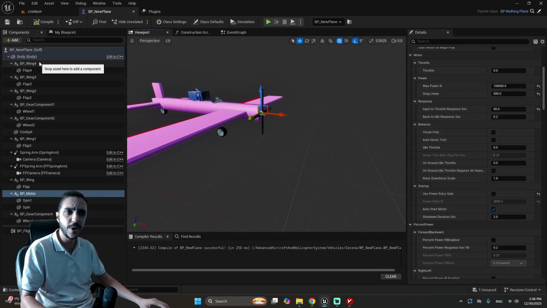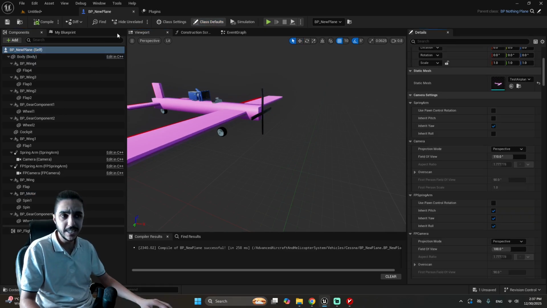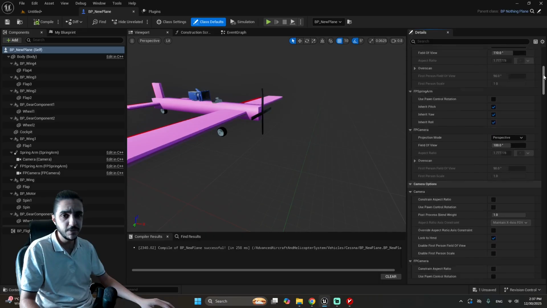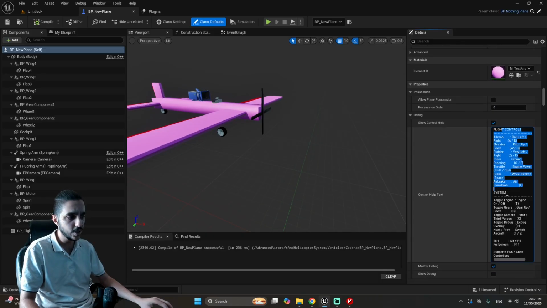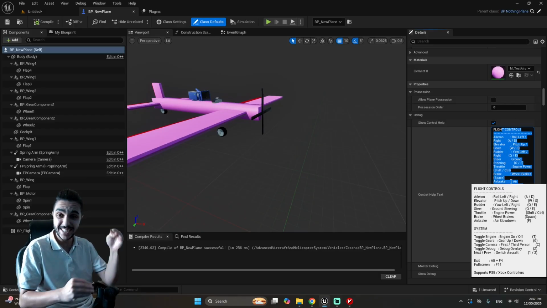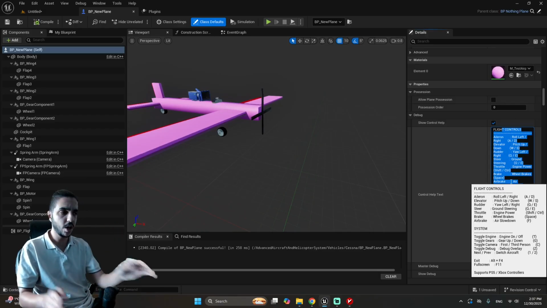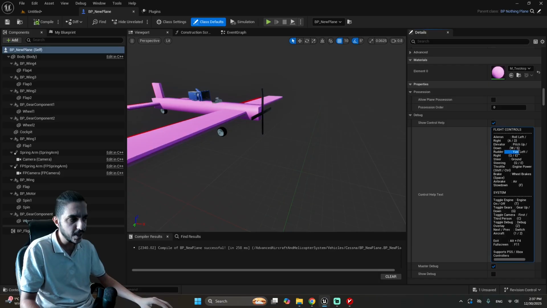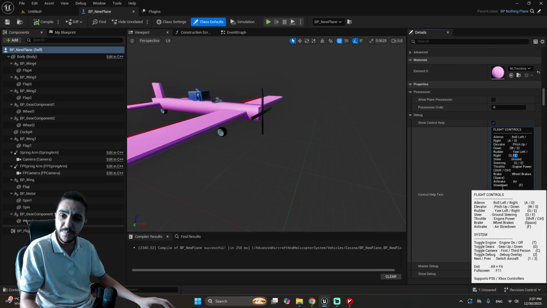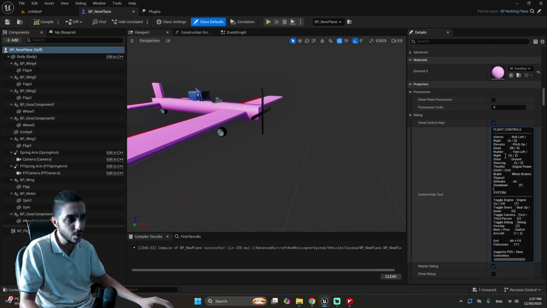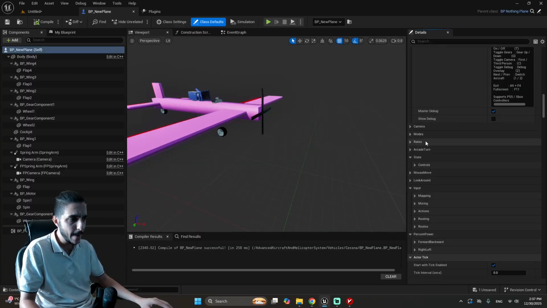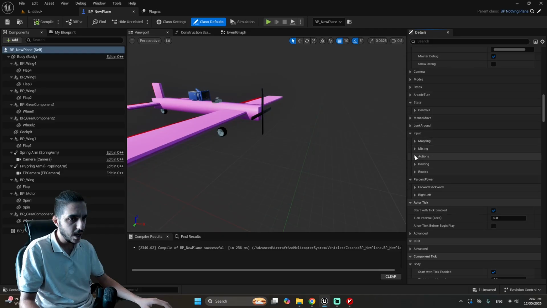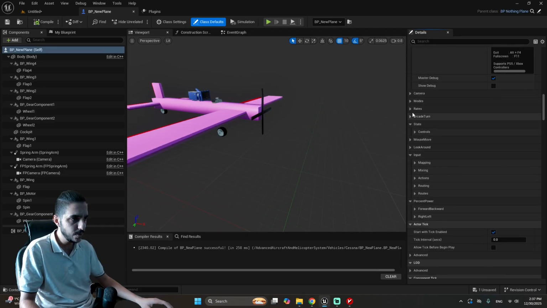By the way, if you go under this new plane, so it's basically the class defaults, and scroll down, there are 2 more settings. First of all, there is a section on the debug HUD where it tells you about the buttons and all. You can edit it and have your own buttons. Maybe you remap these, I'll show you how. And then you scroll down more until you see something called